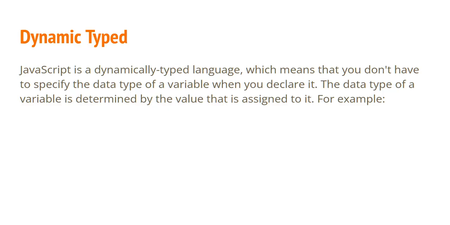What is dynamically typed in JavaScript? JavaScript is a dynamically typed language, which means that you don't have to specify the data type of a variable when you declare it. The data type of a variable is determined by the value that is assigned to it. For example,